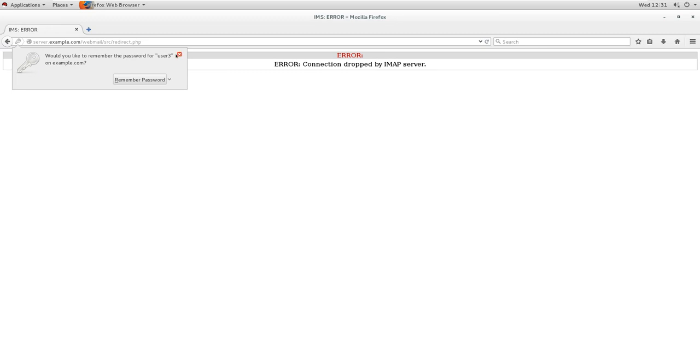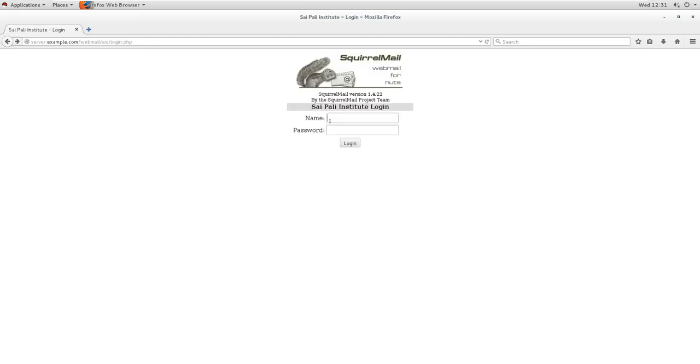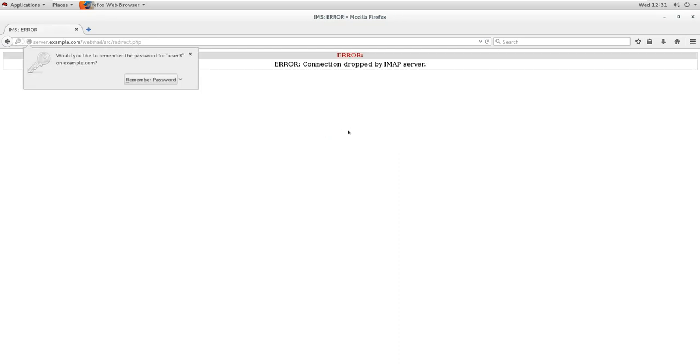Okay, it is an IMAP problem because it is not able to create the directory. This is the problem of the mailbox directory. These user 1, user 2 mailbox directories were there, so they are able to log in. The directory is not there for this user.